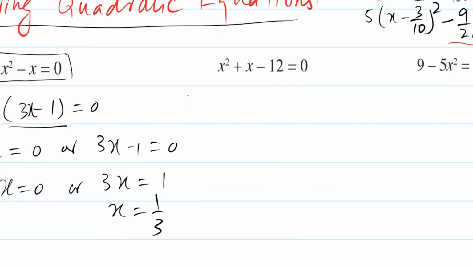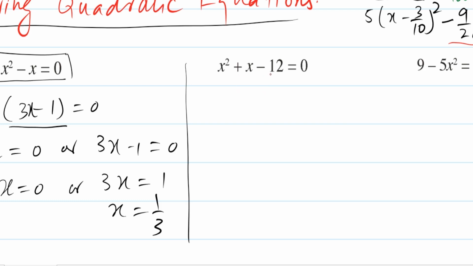I use the factorization method for the second equation, and in the second equation again it is already organized. It is written in the standard form, ax squared plus bx plus c equal to 0. So x squared plus x minus 12 is equal to 0. In this case we have three terms. If there are three terms and we have to factorize the expression, we will prefer middle term breaking, and in this case we will apply that one.